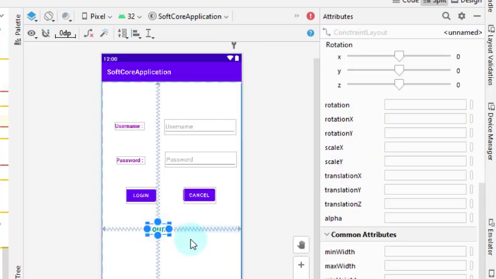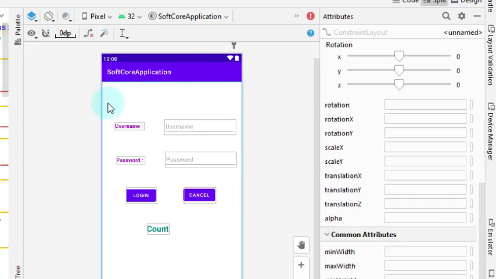This is my count. So we are done with the design of the login application.